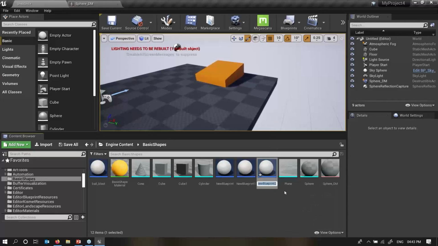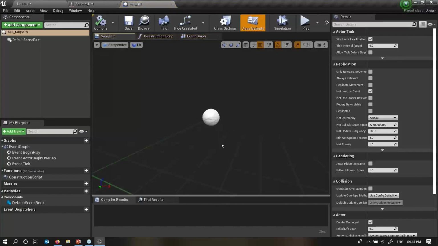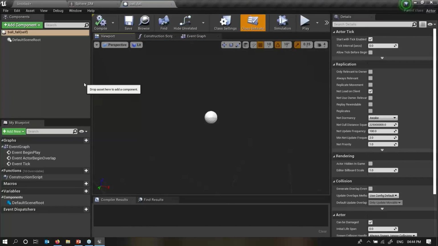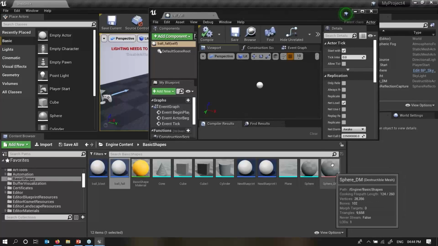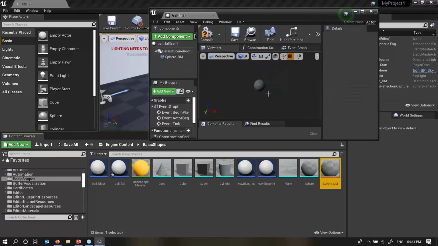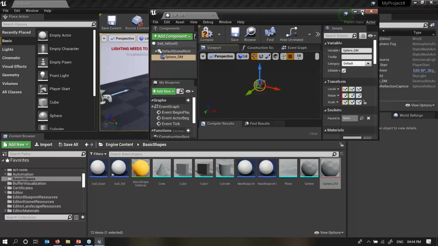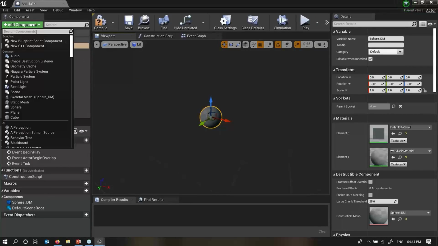And I'll give it a name, ball underscore fall, right? I'll double click on that. So here what we'll do, now we'll import our DMs, PRDM, which we have created. This is there, just drag and drop over here into my blueprint, right? Now once I've done the blueprint over here, what I'll do, I'll select my add component